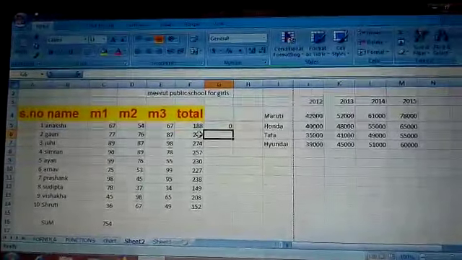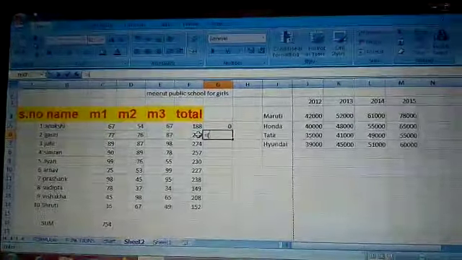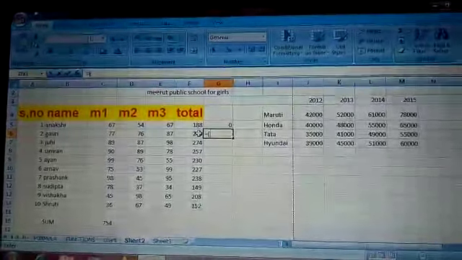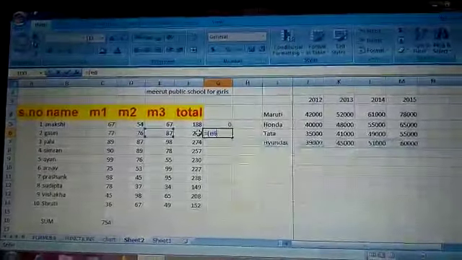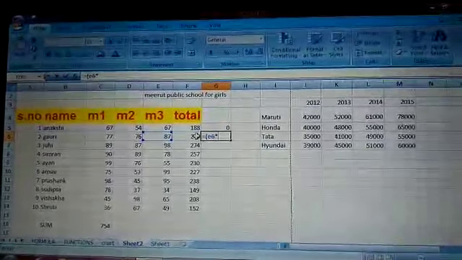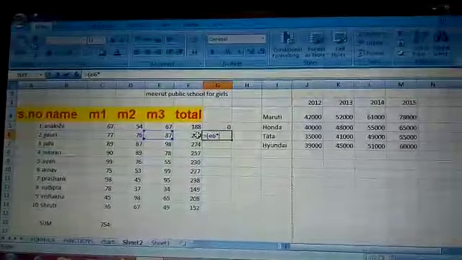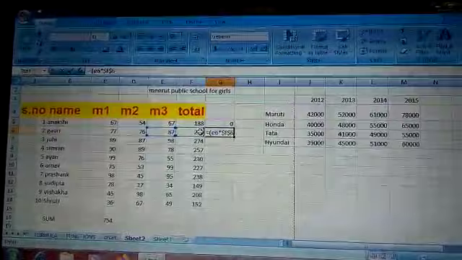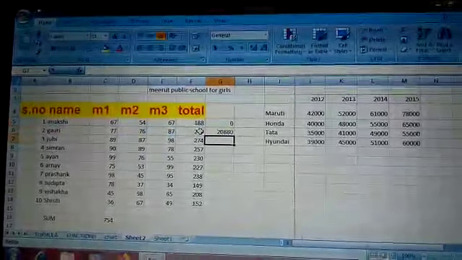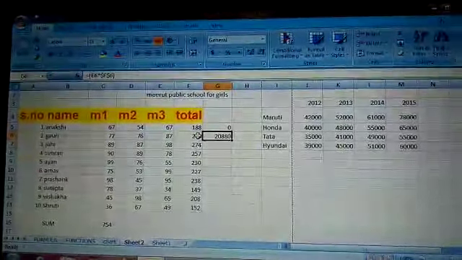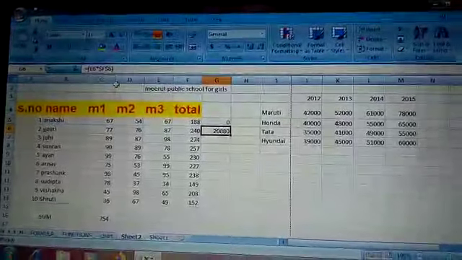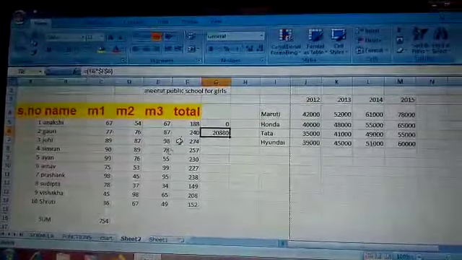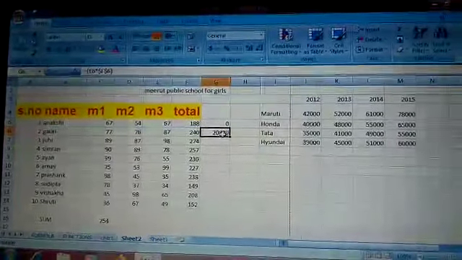So we have to give equals to, then E6 into F6, which we write as dollar F dollar 6 like this, and then press the Enter key. Now you can see the output over here, because I made this F6, where F is the column and 6 is the row. I just want the multiplication of these two cells, and it is showing like this.